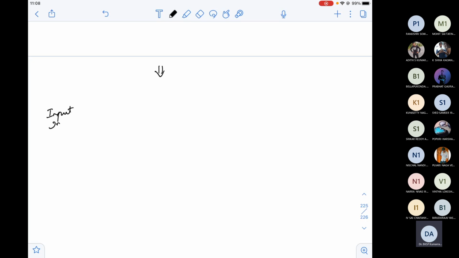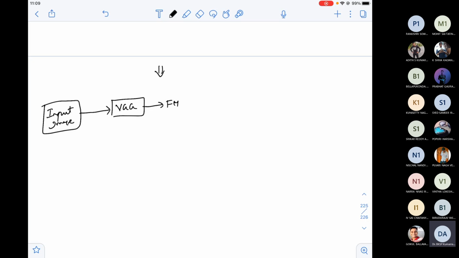So I give the input image, and then I send this to VGG or some other standard architecture that you are familiar with. Once you send that, you get the feature map as usual.